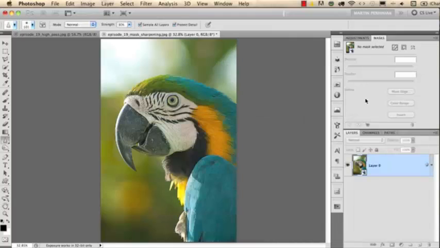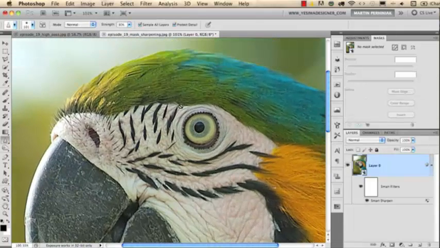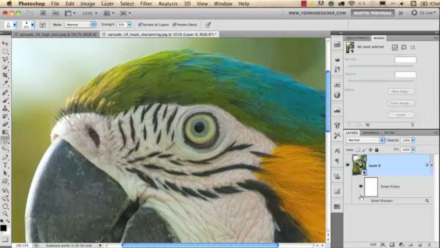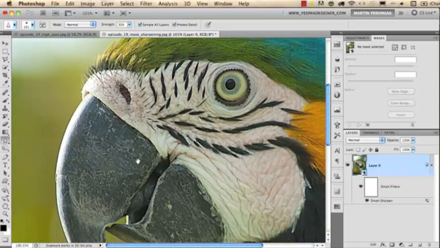So I click on OK, and if I zoom closer to my image, we see there is really nice detail level now because of the smart sharpening. I can turn it off here in the layers panel to see before, and I can turn it on to see after. It looks really good, a bit over sharpened,